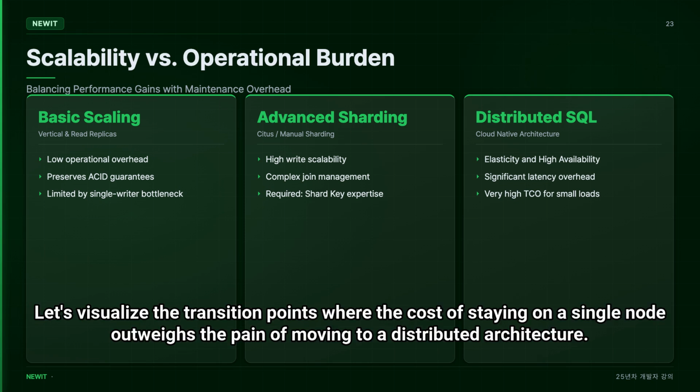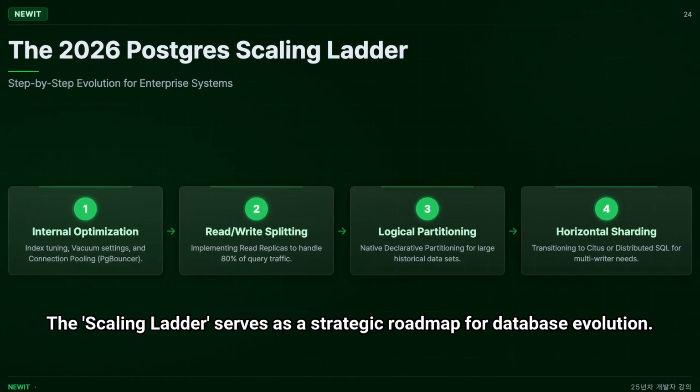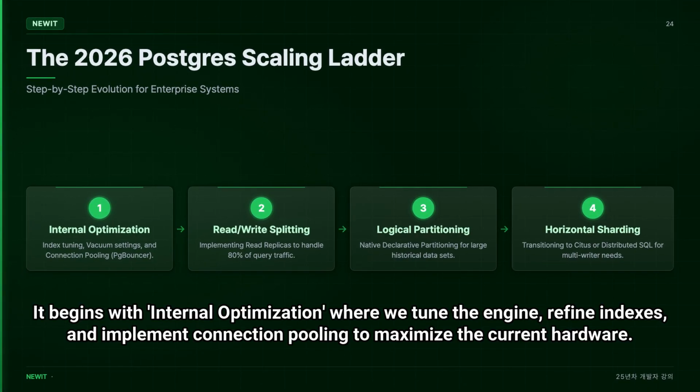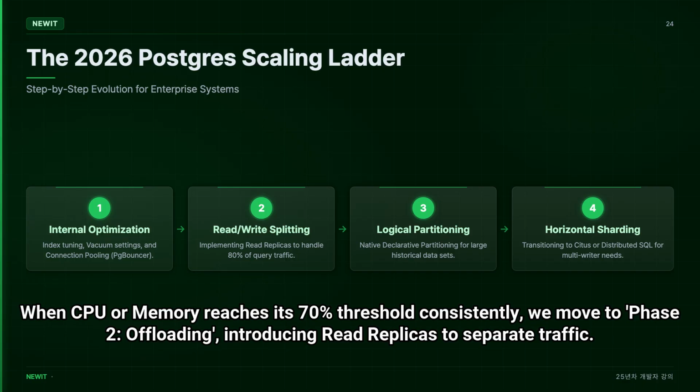Let's visualize the transition points where the cost of staying on a single node outweighs the pain of moving to a distributed architecture. The scaling ladder serves as a strategic roadmap for database evolution. You should never skip levels. It begins with internal optimization, where we tune the engine, refine indexes, and implement connection pooling to maximize the current hardware. When CPU or memory reaches its 70% threshold consistently, we move to phase 2 offloading, introducing read replicas to